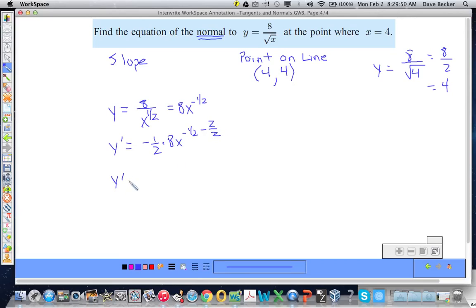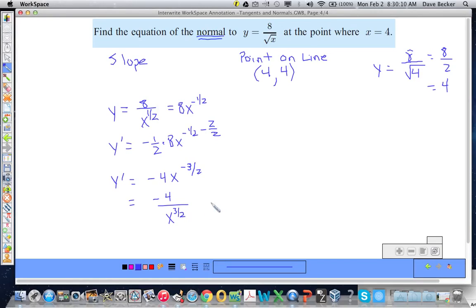So y prime equals negative 4x to the negative 3/2,